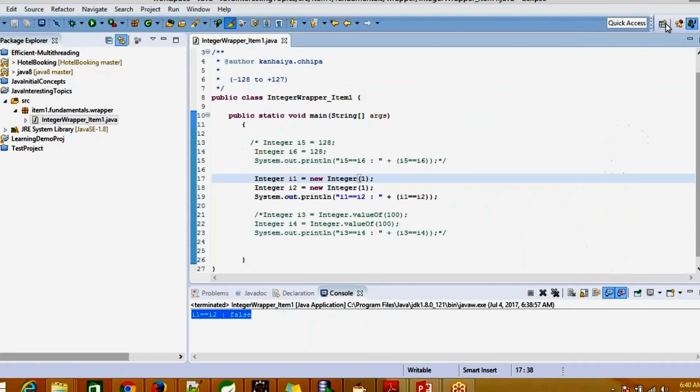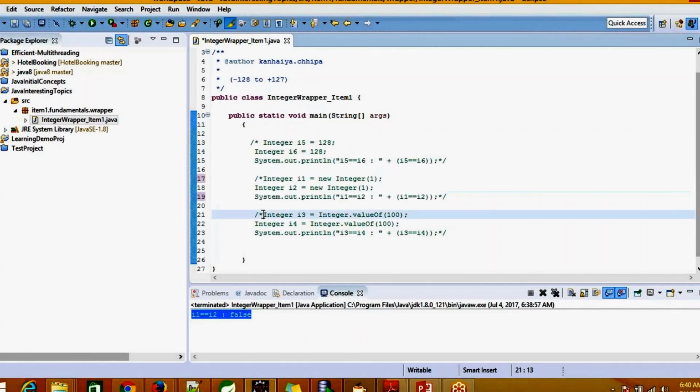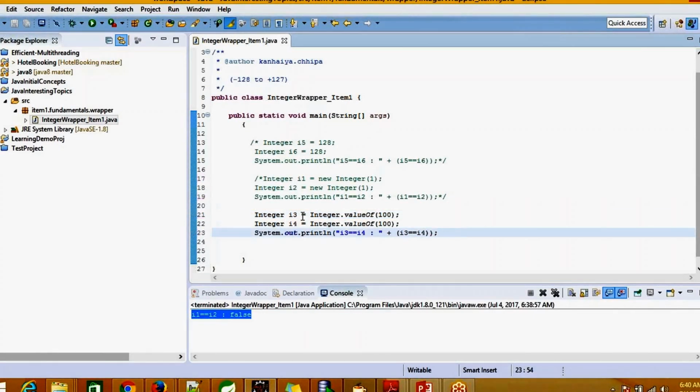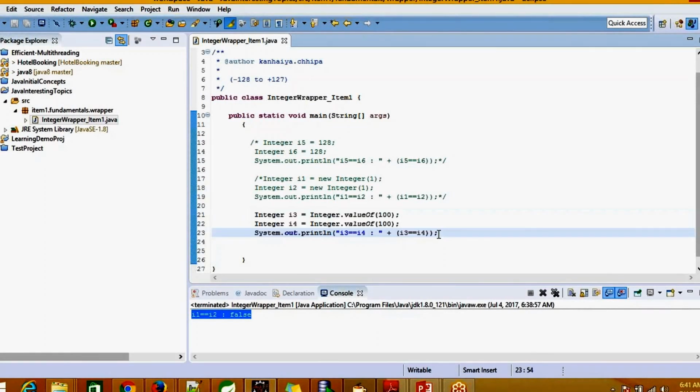Let me clear this and comment out this part now. Have a look at this program now.